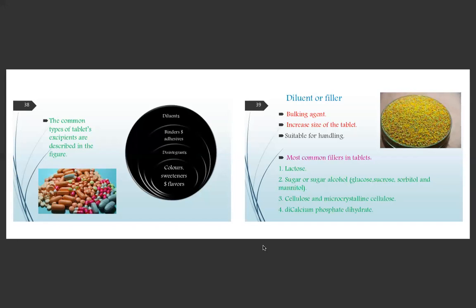For example, let us say lozenges. If they ask a 2 marks question or 5 marks question or even 10 marks on lozenges, then you have to specify what they are used for and what the main ingredient is, as it is dissolved or disintegrated in the mouth itself. You should always emphasize the sweetening agents and the binding agents. As you know, lozenges are very hard tablets because they consist of a lot of sweetening agent or sugar. So on that particular excipient you have to emphasize.